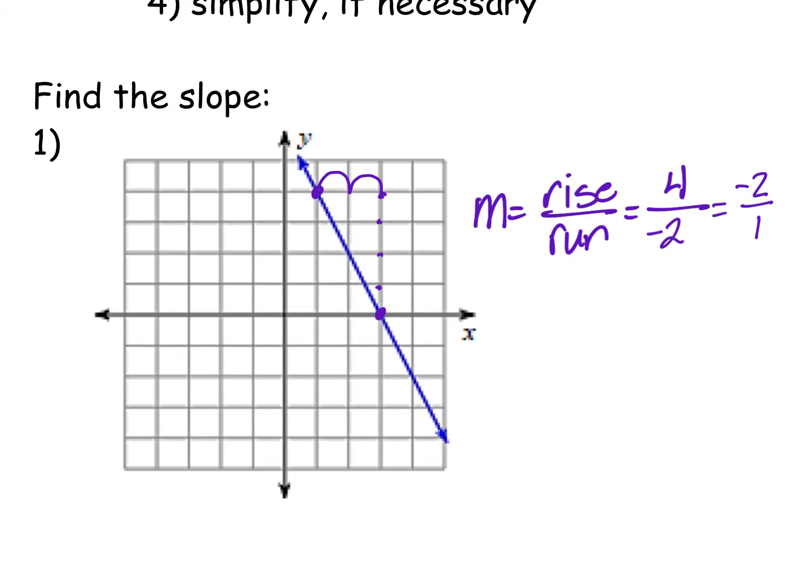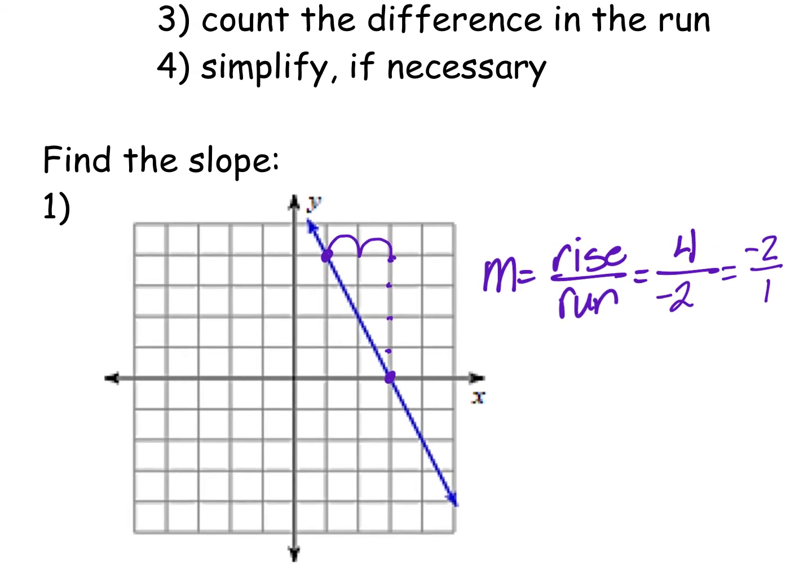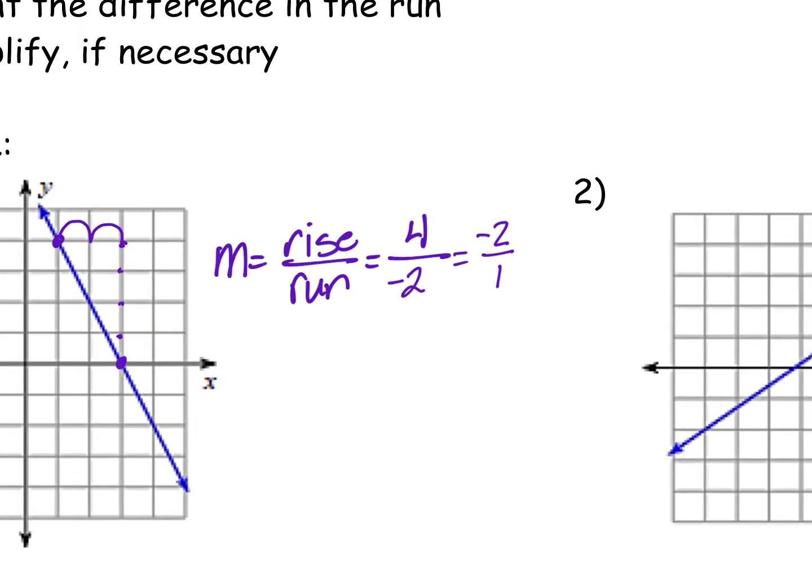Yep, because the bigger number's on top, right? 4 candy bars, 2 friends. How many candy bars does each friend get, right? And the negative divided by positive is a negative. Yeah, it's simplify, right? Simplify if necessary. If you chose 2 different points, you might not have to simplify, right? Oh. Okay, so let's go to number 2